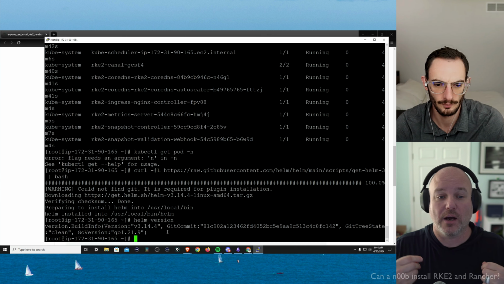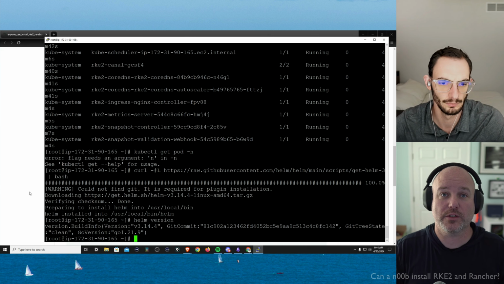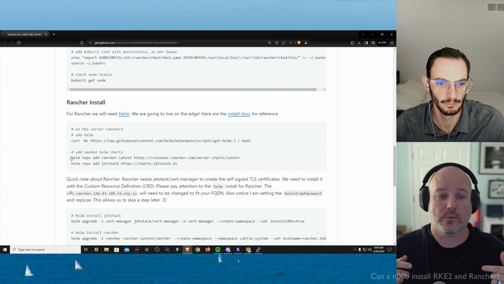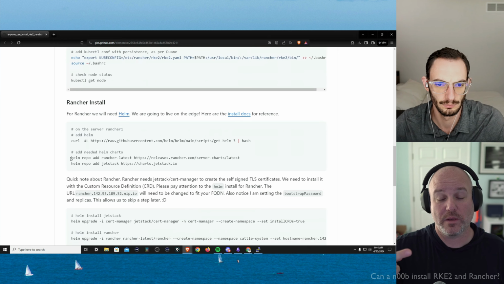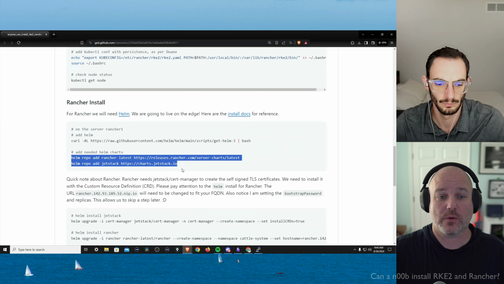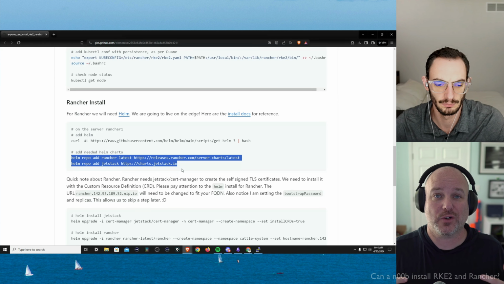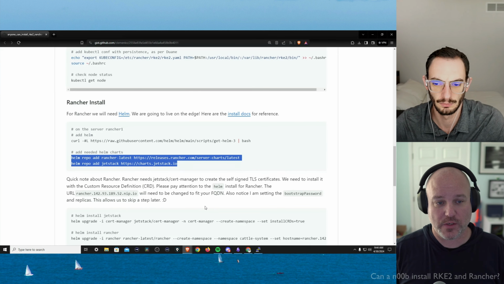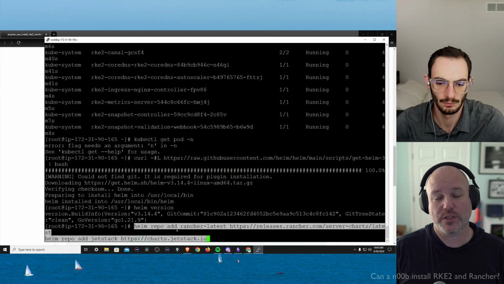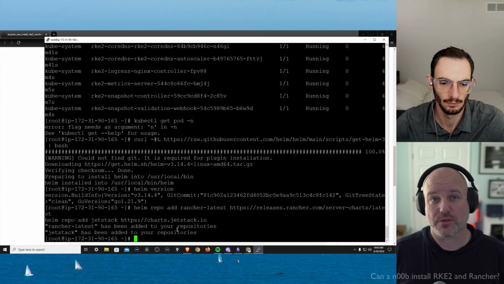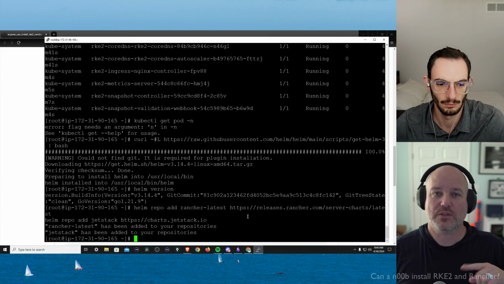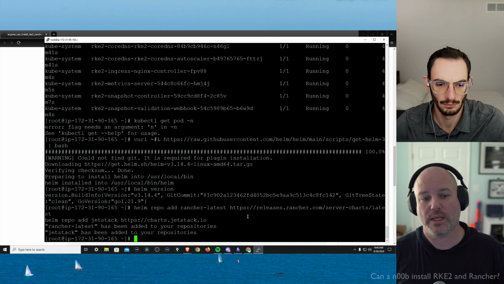Okay. Now, if we go back to the gist, Helm likes this idea of a repo. So we're going to add 2 repos, because to install Rancher, it requires 2 repos. The first one is Rancher. Helm uses what's called charts, which is just the code for that specific application. So we're going to add those 2 repos. Why don't you go ahead and do that now? The first one is for Rancher. The second one is for Cert Manager. We're going to create a self-signed cert. Cert Manager will do it for us. That's why we need to add it.